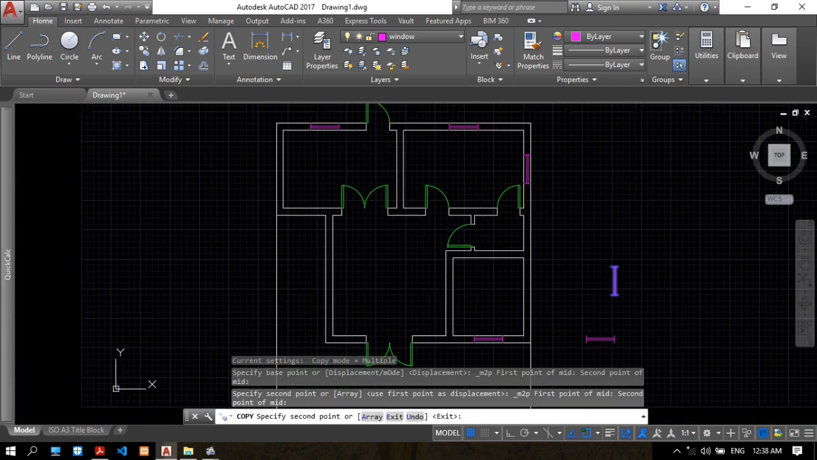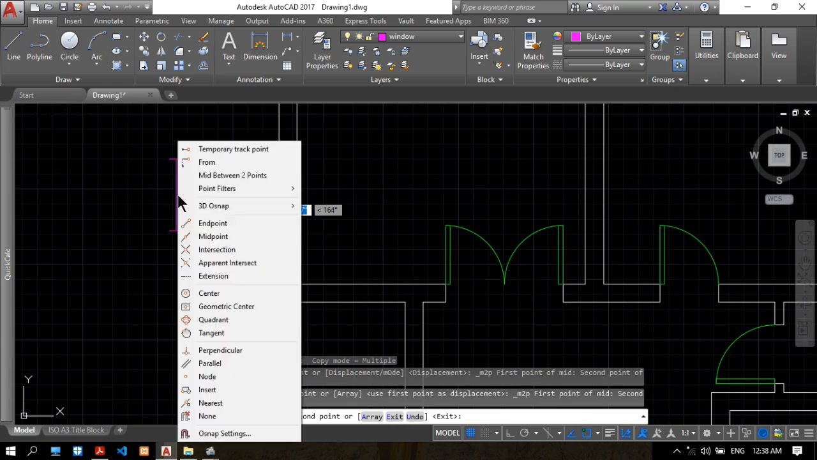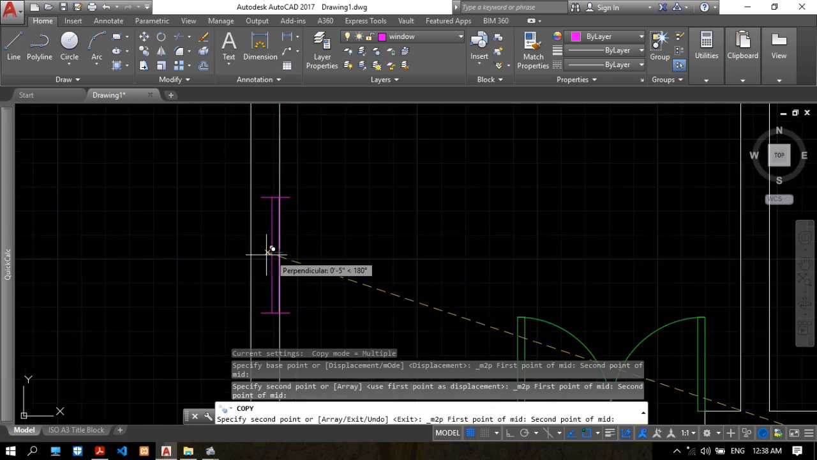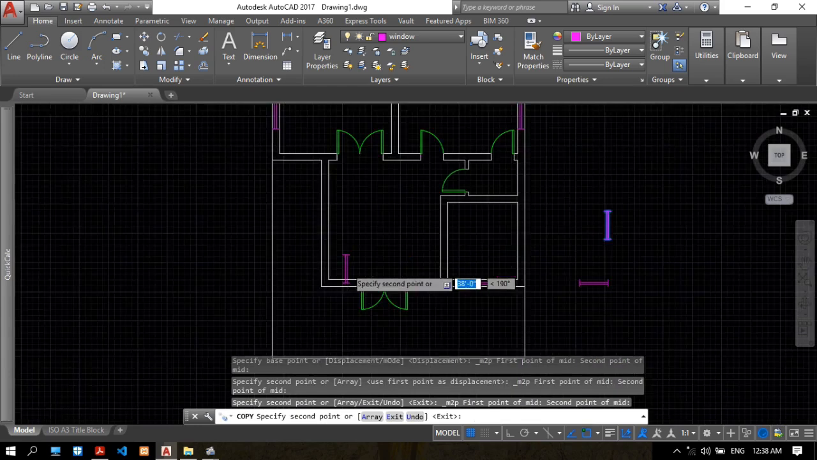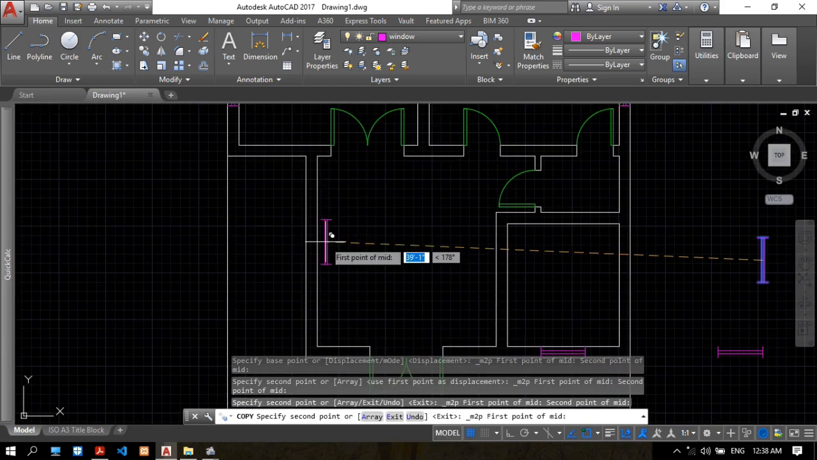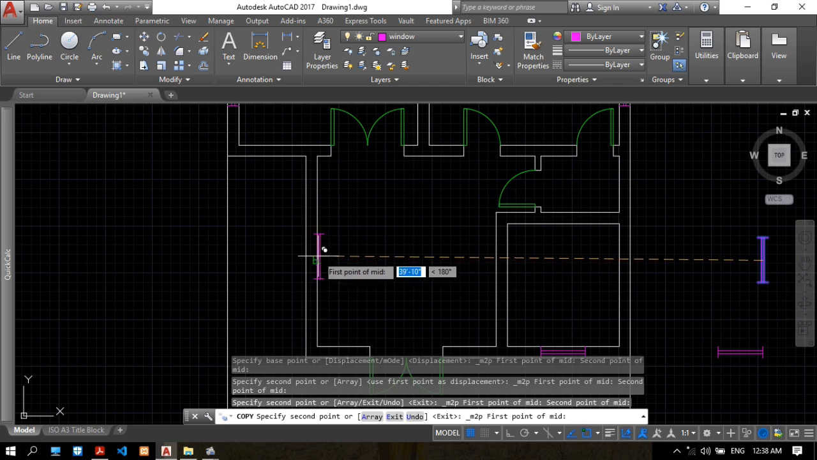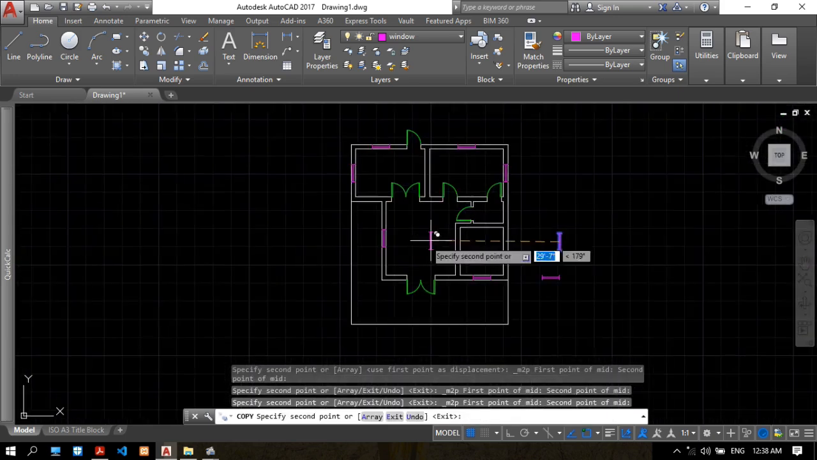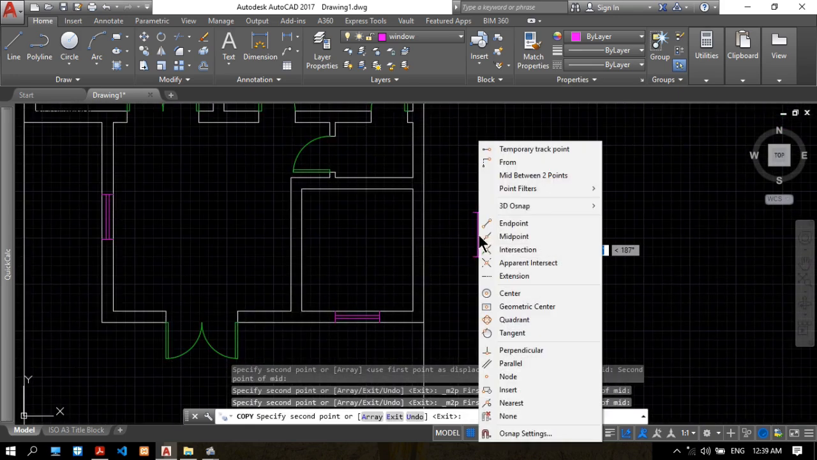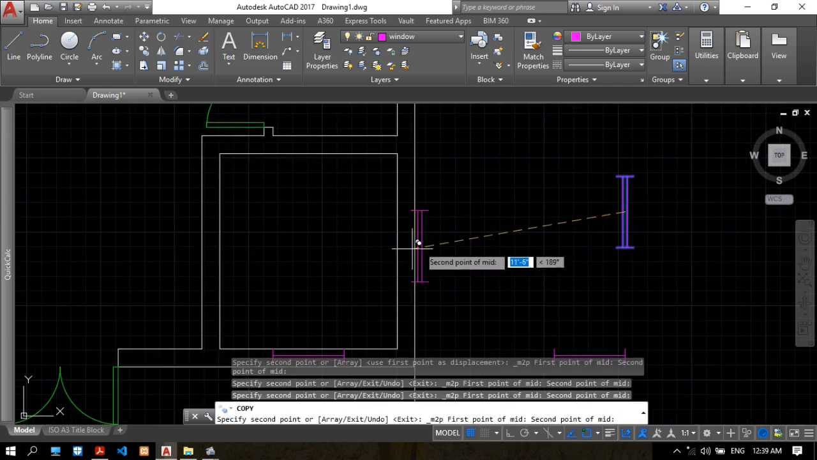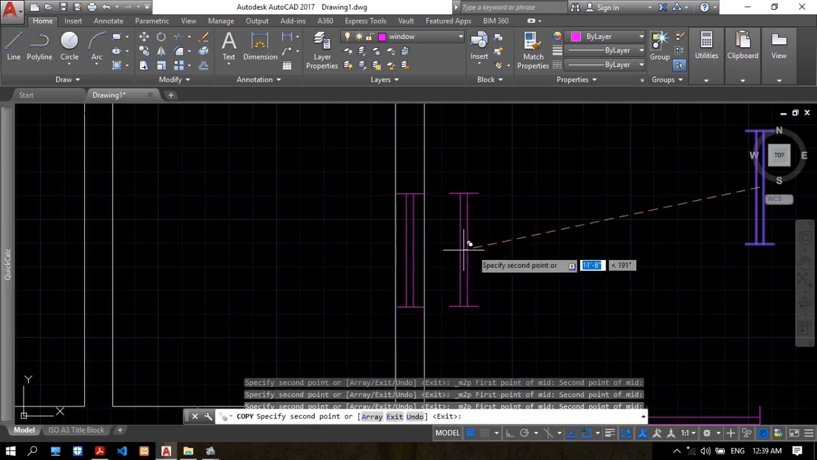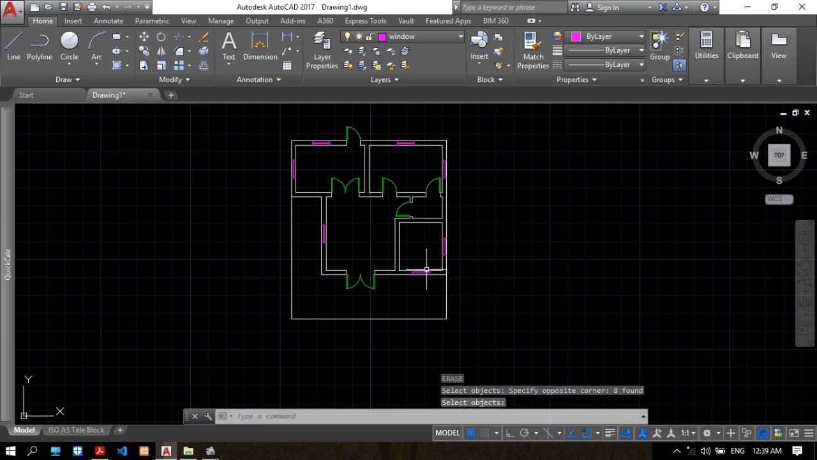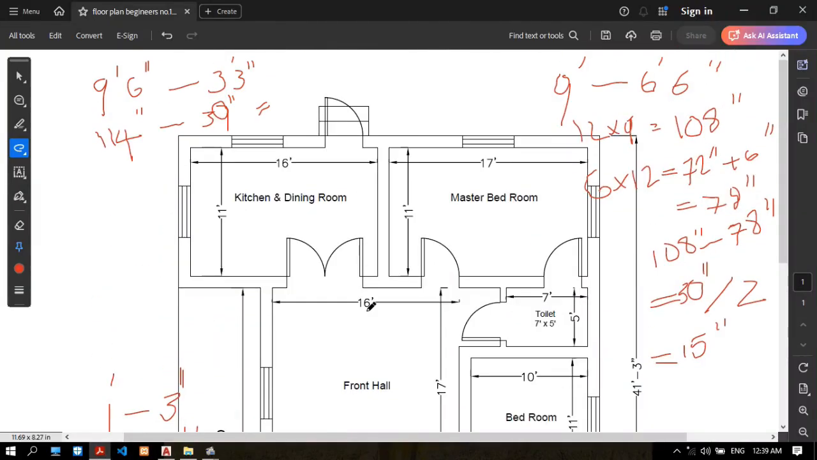Okay, shift right click, mid between 2 points, midpoint, midpoint. Shift right click, mid between 2 points, midpoint, midpoint. Shift right click, mid between 2 points, midpoint, midpoint, enter. Okay, now you get this complete window, and then finally we get the stair, two stairs at